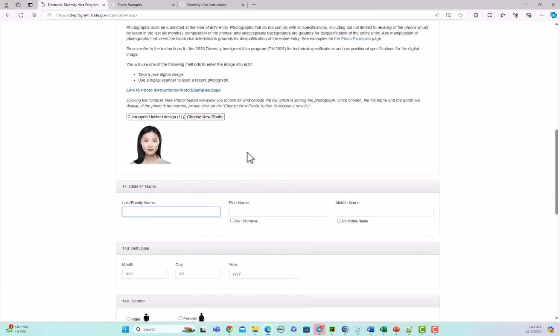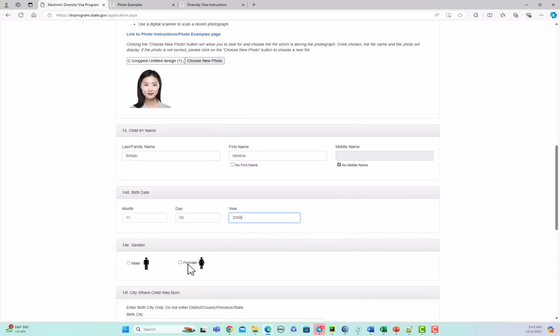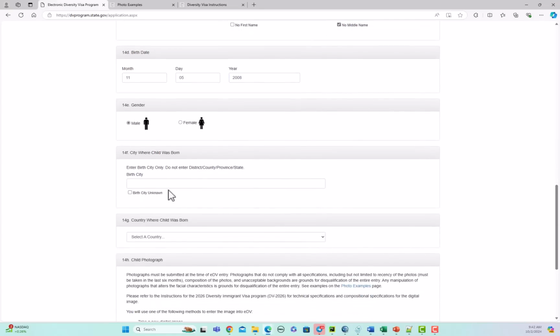Okay, then the child family name. So this is the kid. This is Mini Simon. Actually, it's going to be Mini Me, I think. So let's say Mini Me, and no middle name. This child has to be under 21 and unmarried, right? So let's say this child was also born on the 5th of November, coincidentally, on the birthday, in 2008, which means the child is about 16 years old. Let's say this child is male. We'll say this child is born in London,